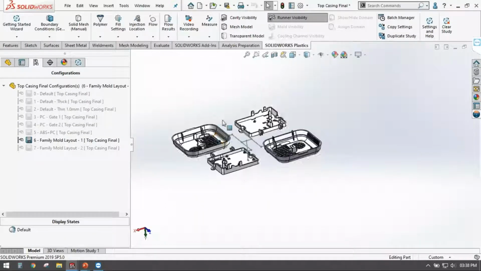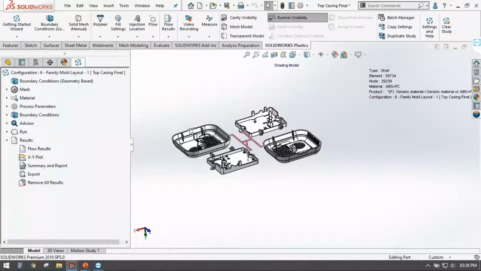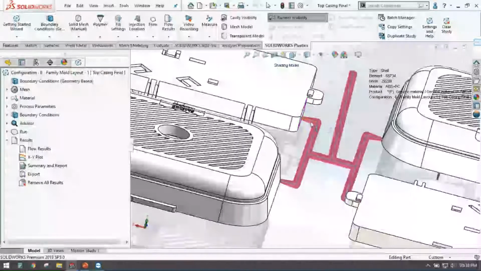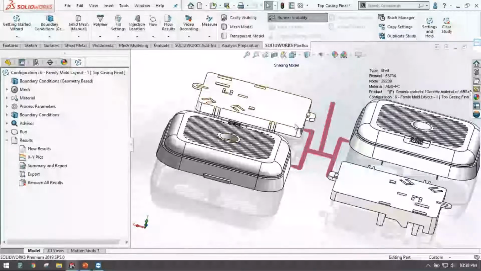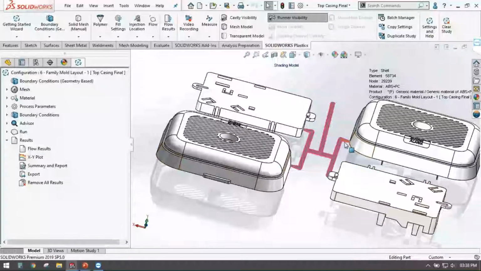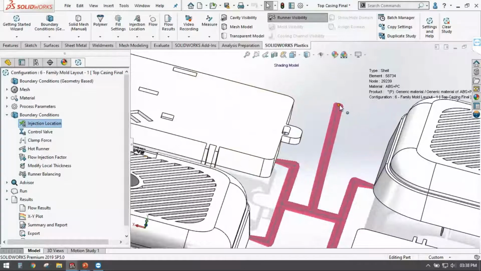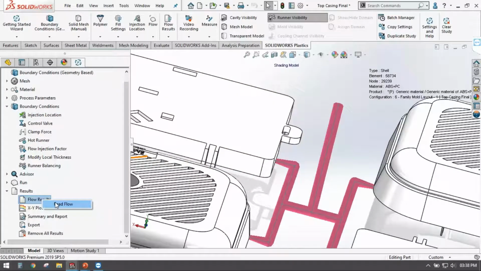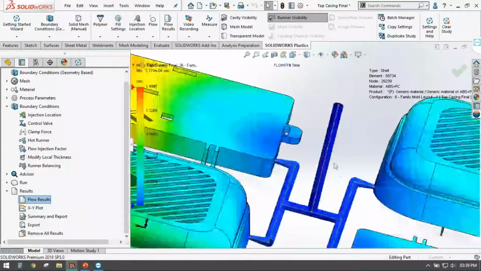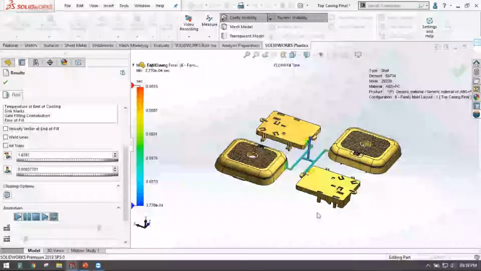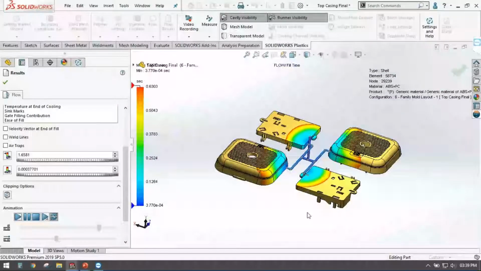In this family mold also you can specify the runner systems, right? So what will be the diameters of this nozzle, maximum diameter, minimum diameter. I have specified the runner system also. The injection location is specified at this top location, right? And then you can check how these 4 cavities would be getting filled using the different parameters.